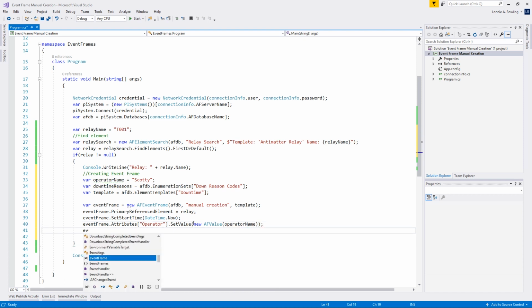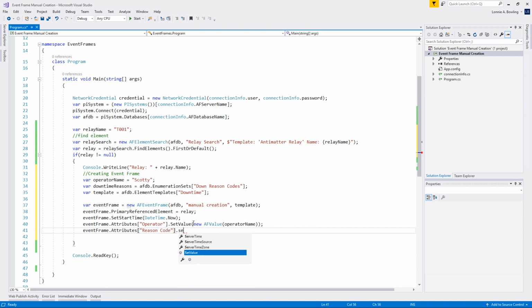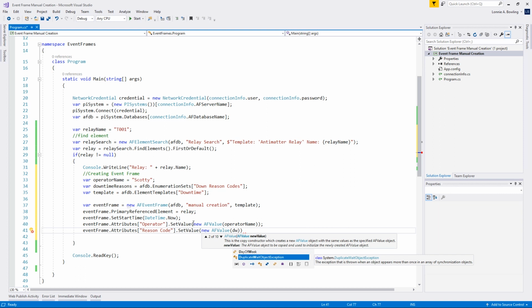And then same thing with our reason codes. Reason code. We want to set value, new AF value, and here we want to take our downtime reason